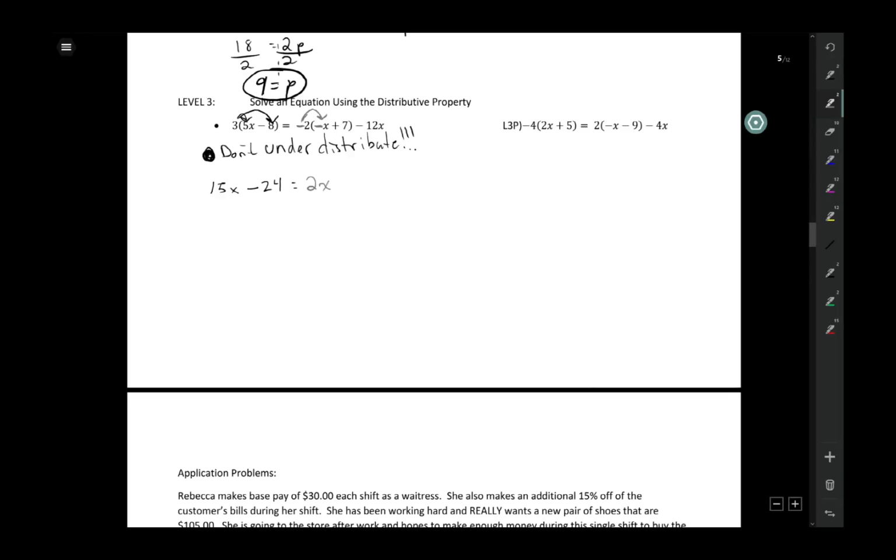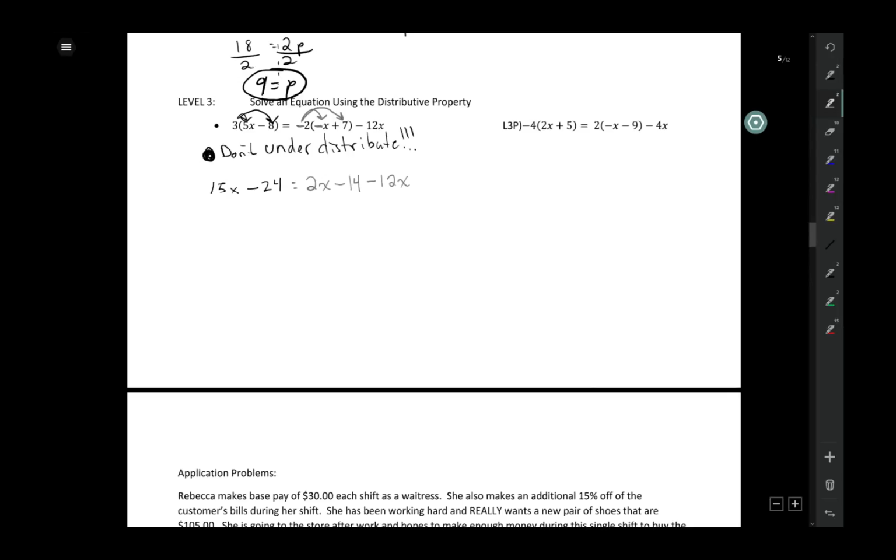Also, negative 2 times positive 7. Here we have a negative 2 times positive 7, 14. Negative 14. Negative 12x is not part of this group. Okay, he's not part of this crew. He's doing something else. So we don't need to distribute to it. You just write down the negative